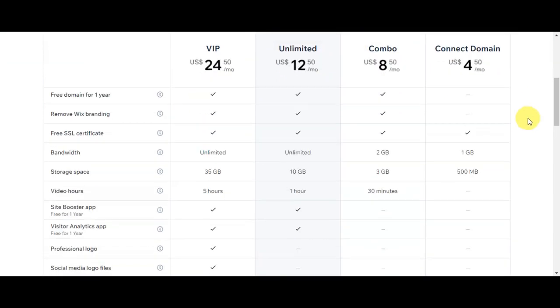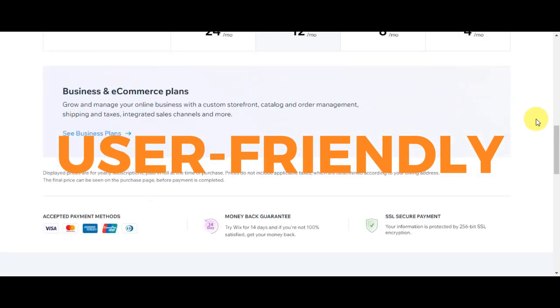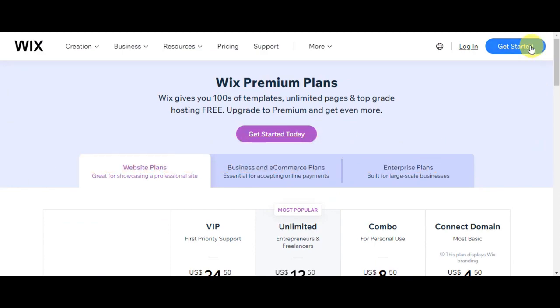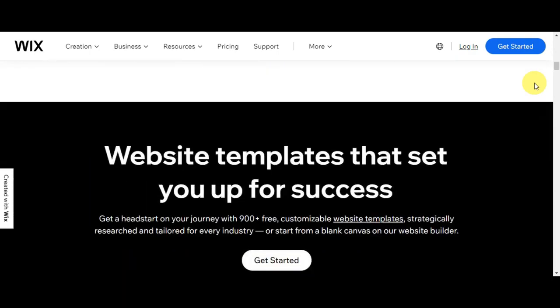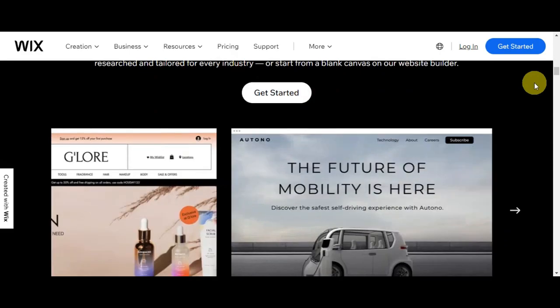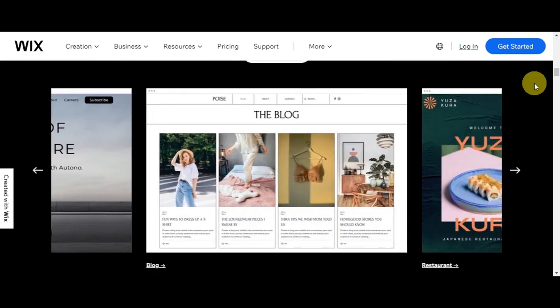Second, Wix's user friendly interface is designed with beginners in mind. You don't need to have any coding or technical skills to use Wix. It offers a drag and drop editor, which means you can simply select elements like text, images, and videos and place them on your website just by dragging and dropping. So, this eliminates the need to learn complex coding languages, making it very accessible to people who are new to